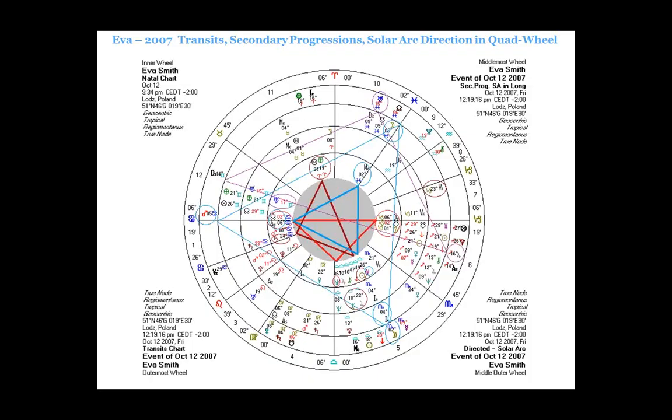Third quarter square. So let's find him in the chart. Transiting Uranus is here, and her natal Uranus should be over there, right there. Should be down here somewhere. Not natal. Natal is in the 12th house. Oh, there it is, right there. Okay, so this is part of